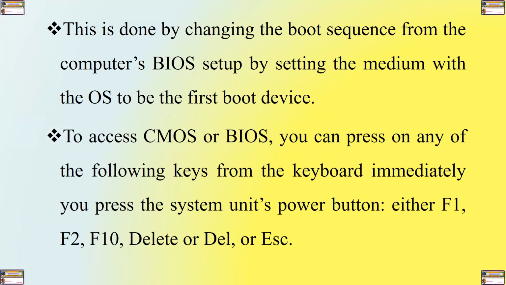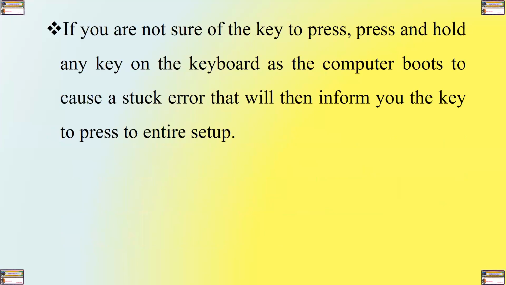To access CMOS or BIOS, you can press any of the following keys from the keyboard immediately after you press the system unit's power button: F1, that is the function key labeled F1, F2, F10, Delete or Del, or ESC, that is the escape key, depending on your computer. If you are not sure of the key to press, hold any key on the keyboard as the computer boots to cause a stuck key error that will then inform you about the key that you need to press to